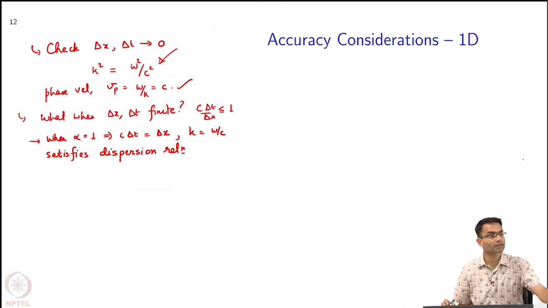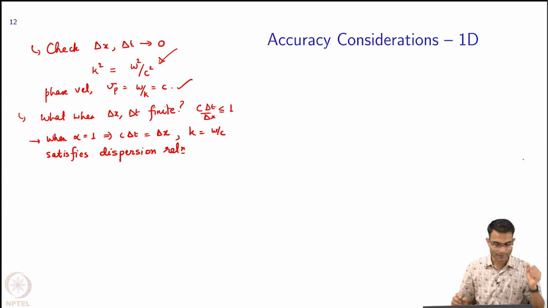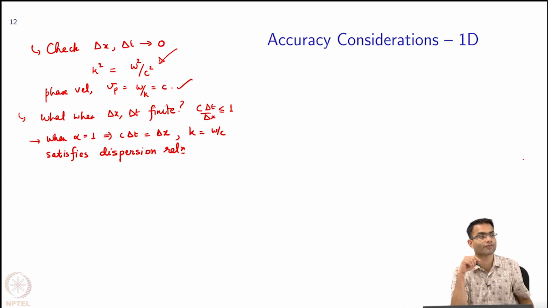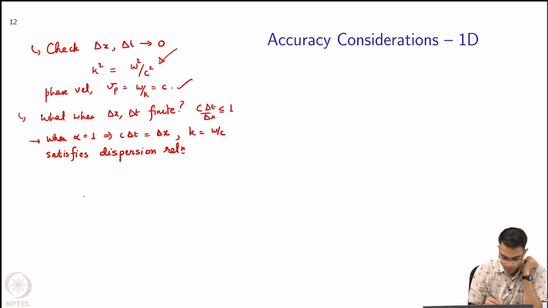And interestingly, it does not depend on the value of delta x or delta t, right. You would not have expected that to happen. So, what is it saying? That for alpha equal to 1, whatever discretization you choose, my wave is travelling at the speed that I expect it to travel, right. So, if I plot something like this,